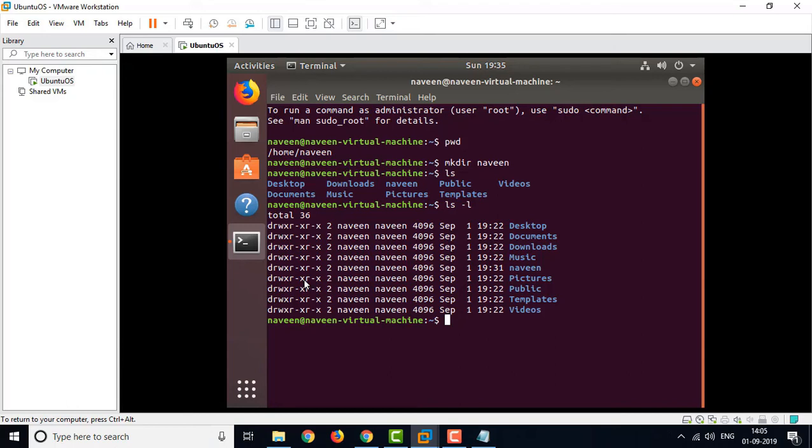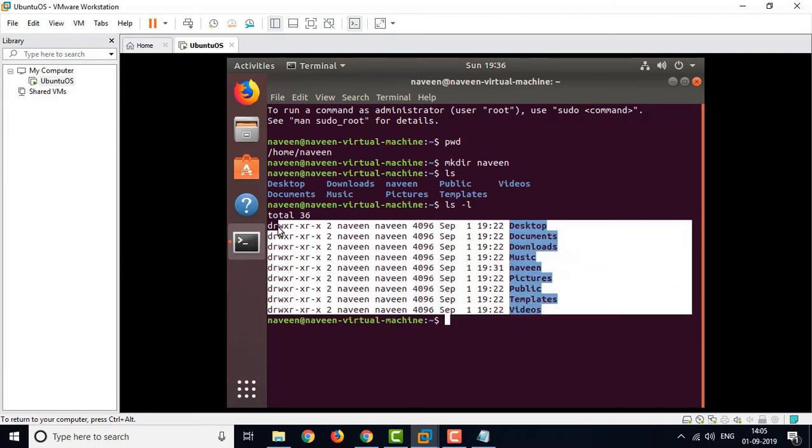Take an example: suppose you have a .NET application or an executable application. When you install that application on your machine, you have execute permission, but if you want to change something in that application and you don't have write permission, it's the same here. Now this shows the user and the owner of the file. For these files, the user and owner are both Naveen. Now this is the file size, and this is the date and time on which the file was created, September 1st. So these are the basic details of ls -l.